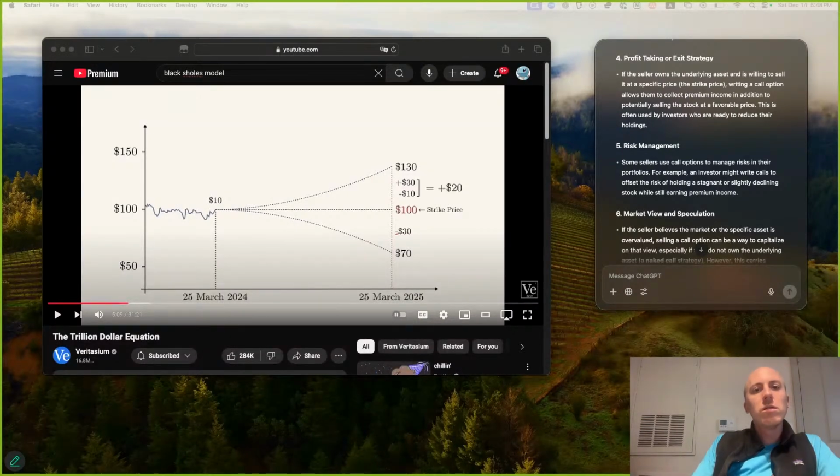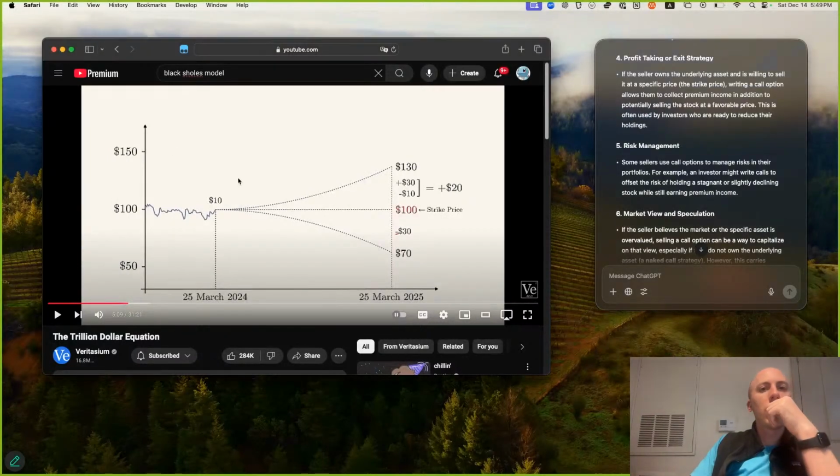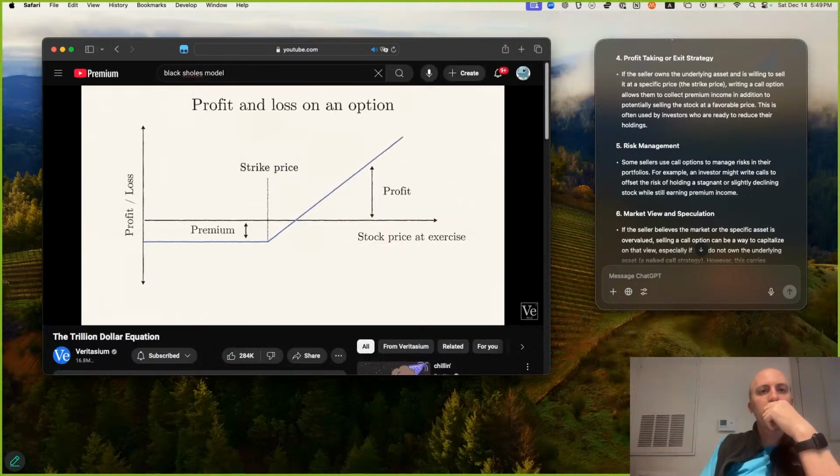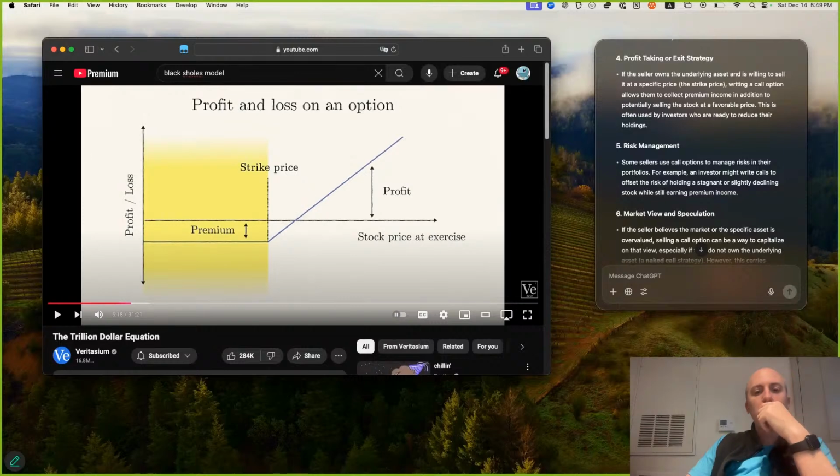Also, the stock loses money. How much does it have to go down by for the put option to not cost you money? Is the option, and you've lost the $10 you paid for it. So the profit and loss diagram looks like this. If the stock price ends up below the strike price, you...